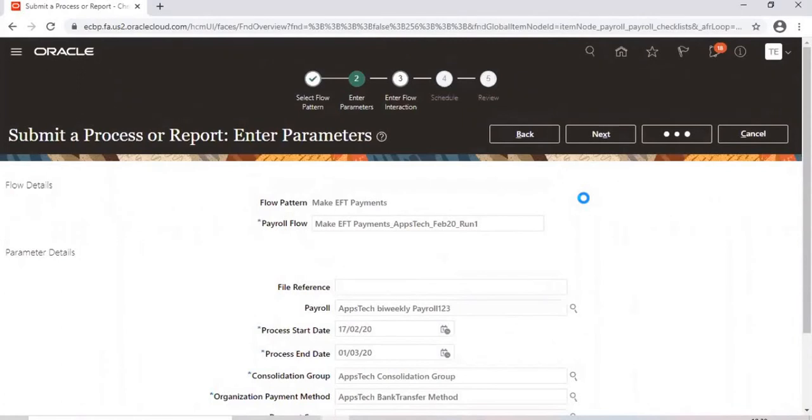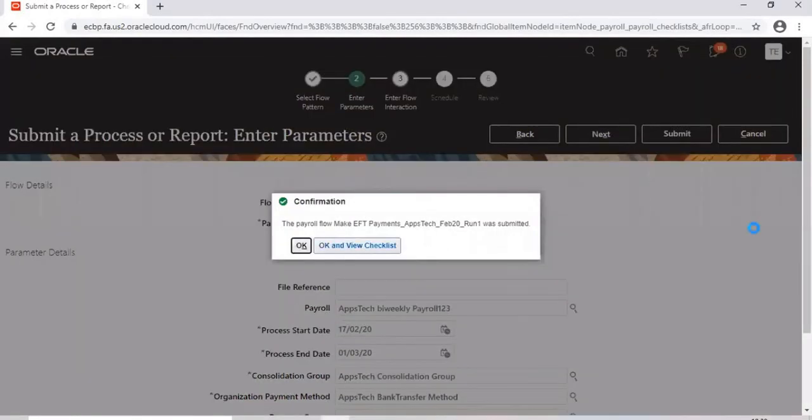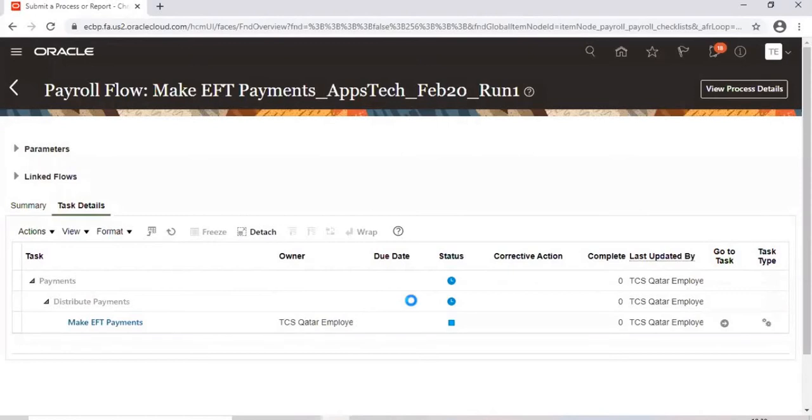So once you run this process, as I said, depending on the client requirement, we sometimes create a custom process, and sometimes we use the standard process so that the payment status will be changed from unpaid to paid. Remember, when we run the prepayments process, it maps whatever amount is supposed to be paid to the corresponding bank account, but the status is unpaid, which I showed you. So that status also will be updated to paid. With that, the payroll process is done. If that status is paid, meaning the payroll is successful. I mean, it's done for the current payroll period.